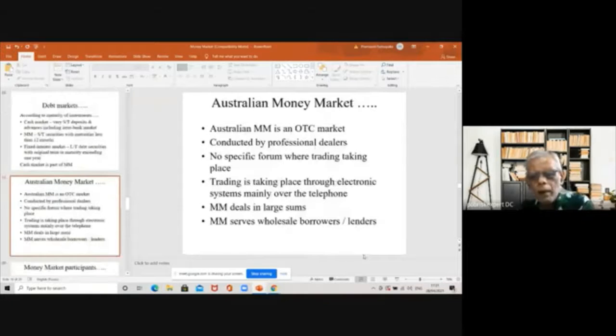The Australian money market is an over-the-counter market conducted by professional dealers. In Sri Lanka, call money market is also over-the-counter market conducted by professional money brokers and professional dealers in the banks. No specific forum where trading is taking place. Trading is taking place through electronic systems, mainly over the telephone. It is quite similar in Sri Lanka as well, where either Reuters, Bloomberg, or through telephone systems, through money brokers,